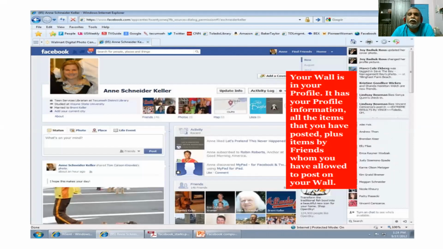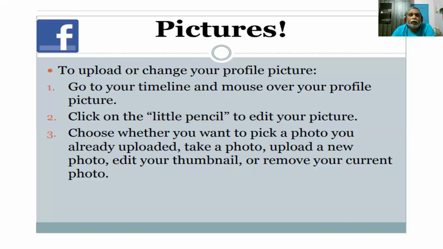Your wall in your profile has your profile information, all the items that you have posted plus items by friends whom you have allowed to post on your wall. Everything will be posted in your account. These are the basic things. To upload or change your profile picture, go to your timeline and mouse over your profile picture.